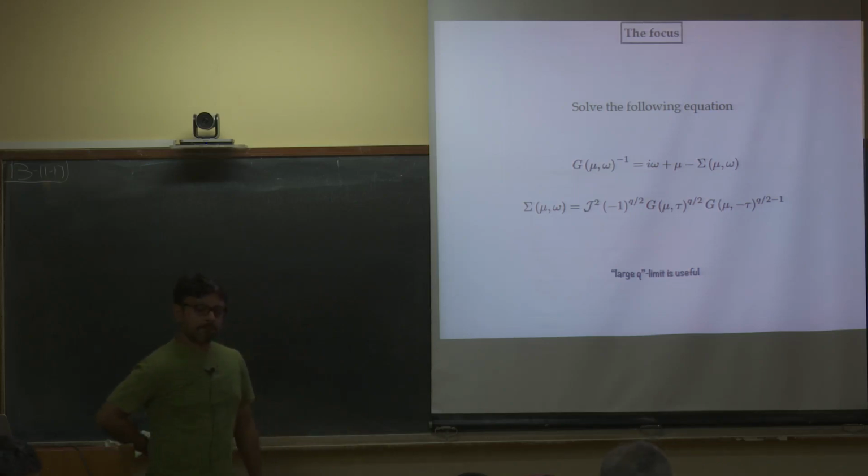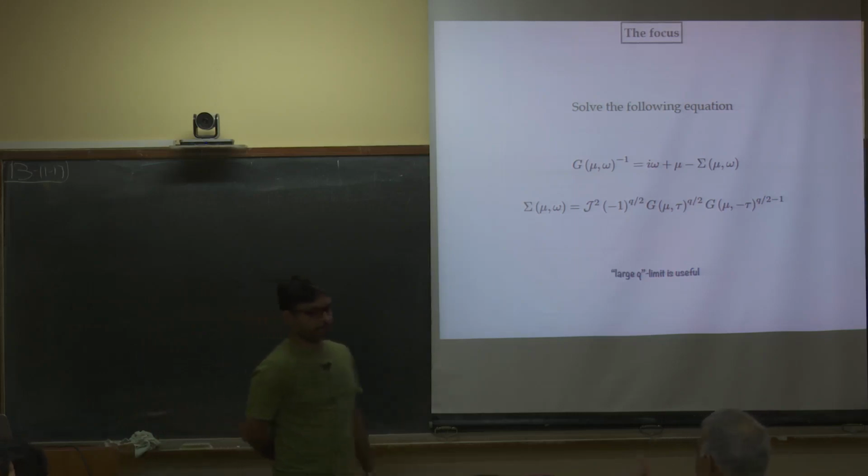Now that the technique has two limits, would you not have done a limit keeping n over q fixed, taking both to be large? Keeping n over q, that is what I'm essentially doing, right? I have already taken n large. Yeah, but where is n over q? You're asking where is n over q? That is not clear in this equation. You're right. Now, what you can say is, suppose you can assume that there is a well-defined 1 over q expansion, and you solve that, and then you can make sure whether that solution is consistent or not. So that's the way you solve it.